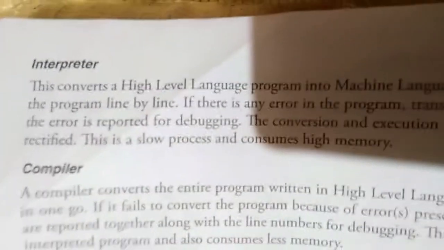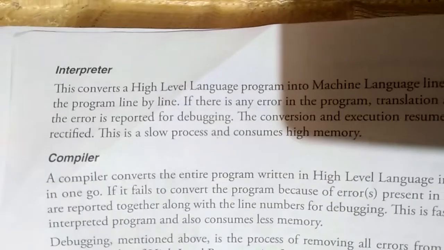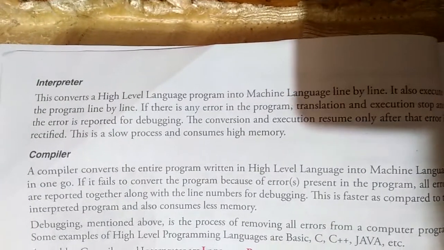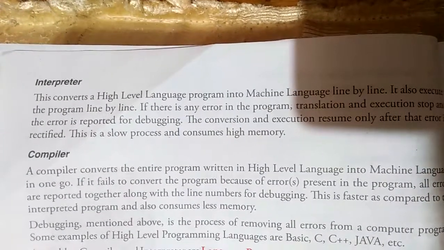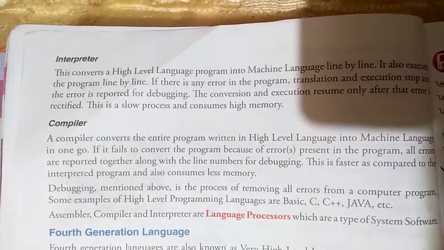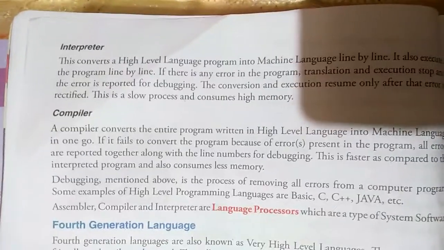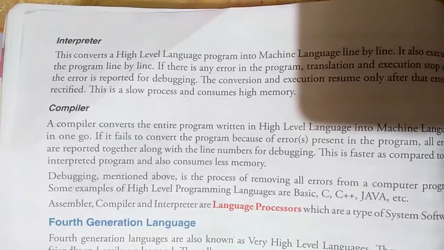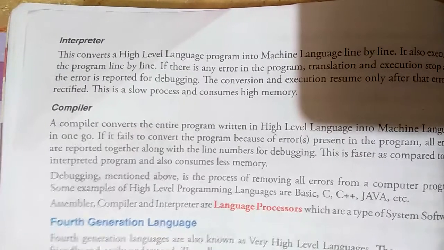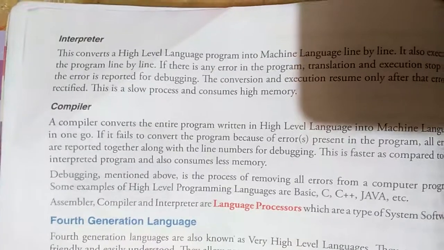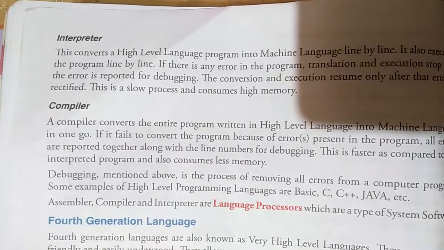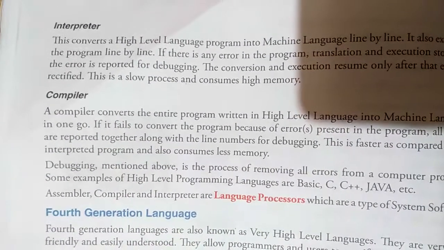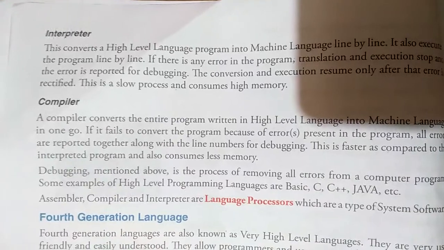Now I'm going to explain the interpreter. What is an interpreter? It converts the high level program into machine language line by line. It also executes the program line by line. That means every line has to be checked. If there is an error in the program, translation and execution stop. After finding the error it automatically stops and shows you the error. If you want to solve that, you have to debug. The conversion and execution resume only after